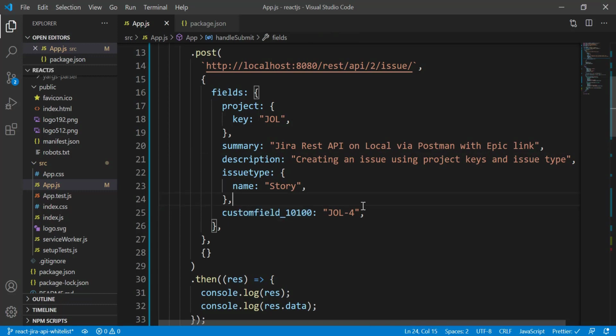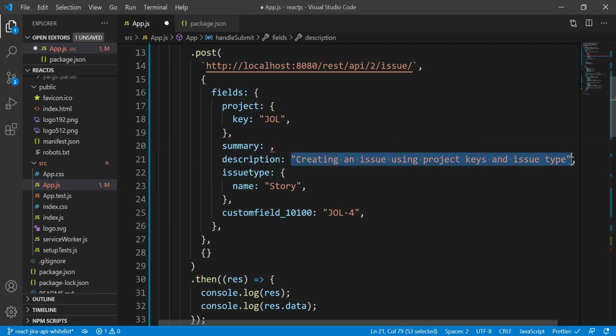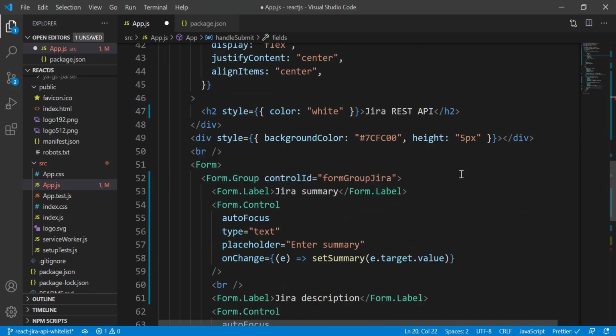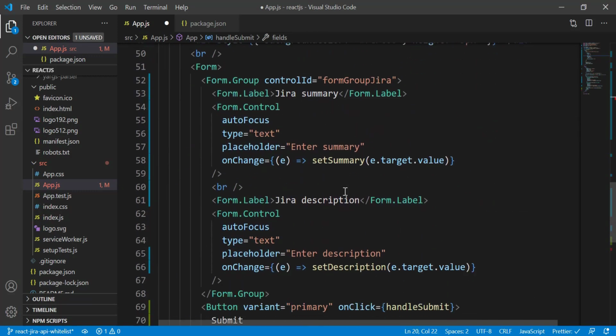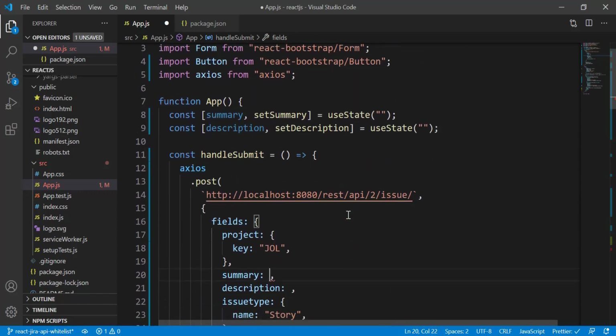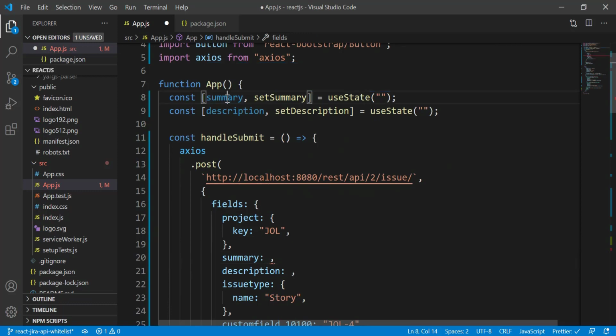So the one thing is that right now we don't actually want to have this. This is the static or the dummy data. So I want to get rid of this, as well as the Jira description here. So what I need to do, since we have everything coming from the value stored in the form itself, so everything here,